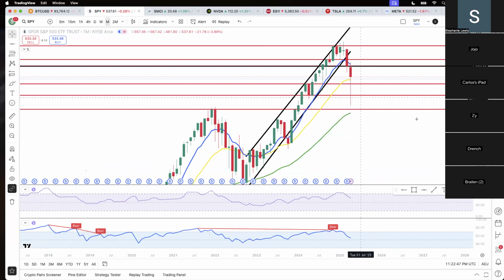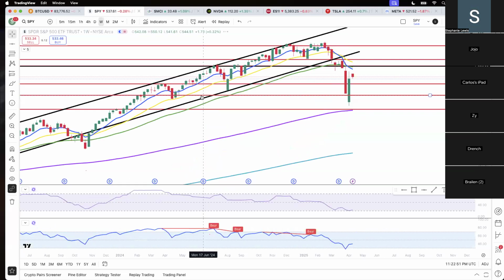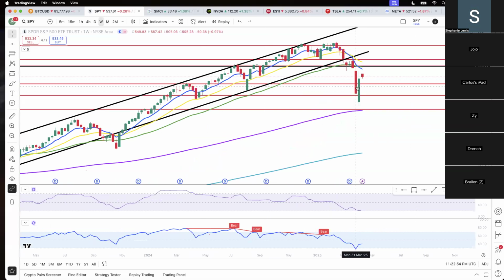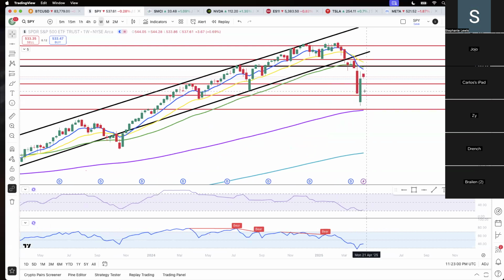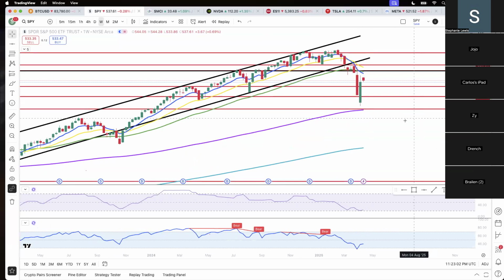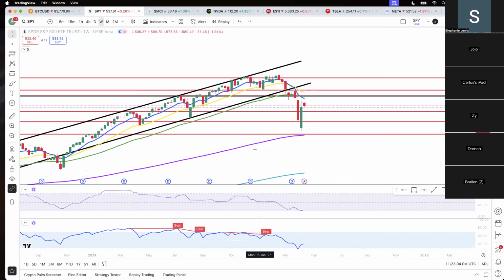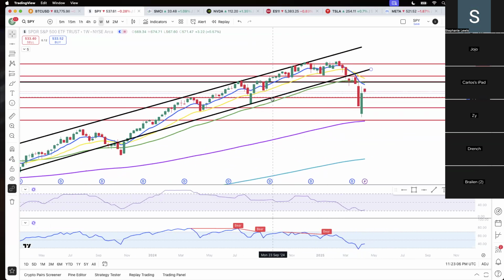I'm curious to see how this monthly candle closes. We won't know for another 14 days. The month is only halfway up. But so far, if you're just following this chart week by week, just know where you're at. If you go back to your charts after this class and you're trying to figure out where am I when it comes to the market, no matter what they say in the news,